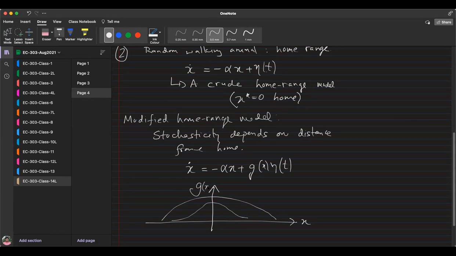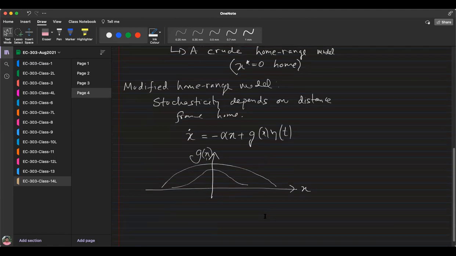Okay. So this is how you can model that the animal's tendency to be random also depends on the distance to home. Earlier it was constant randomness throughout, which might be slightly unrealistic, because the farther away you are, you probably want to go home and you will be less random. But here we have accounted for the difference also. Is it fine to everyone?